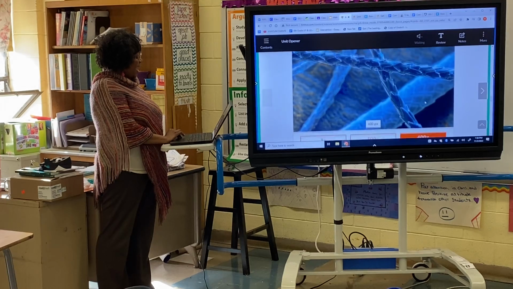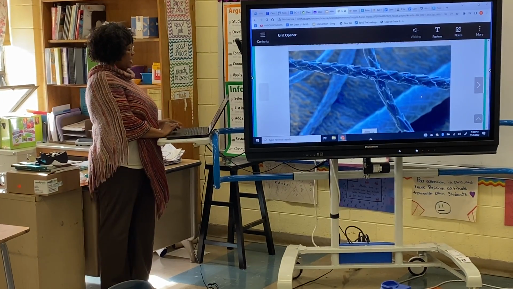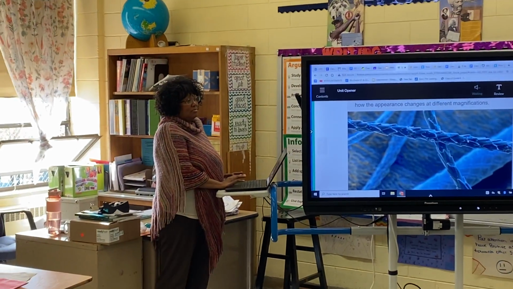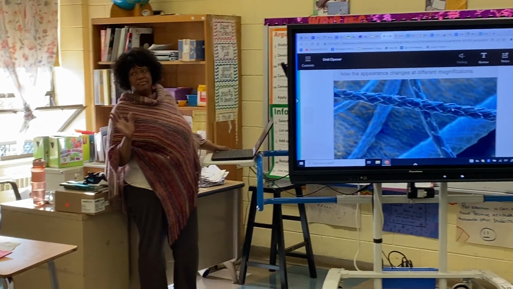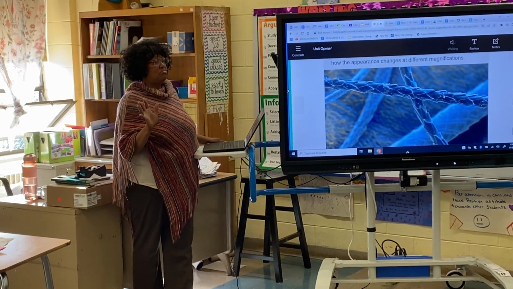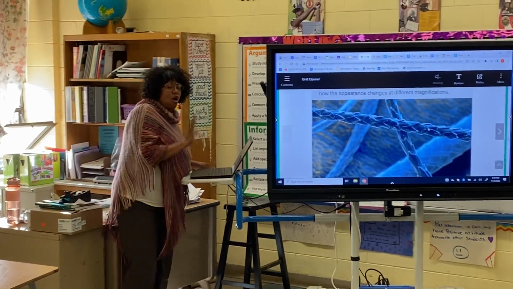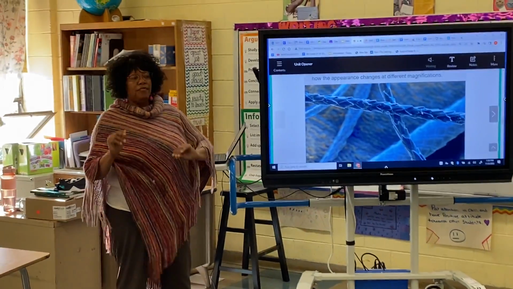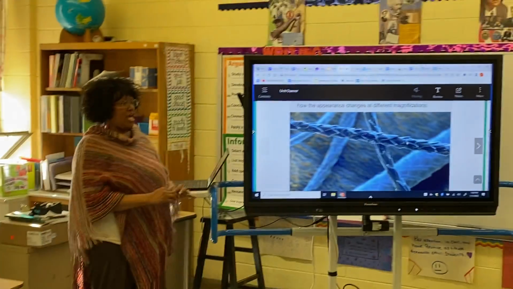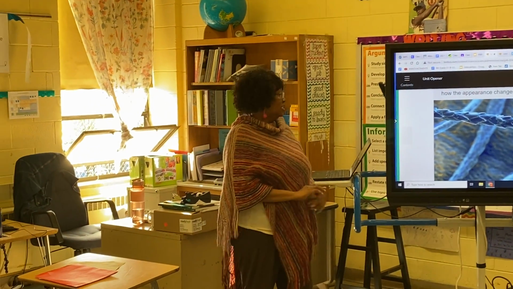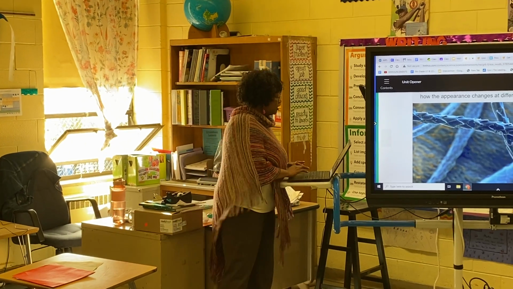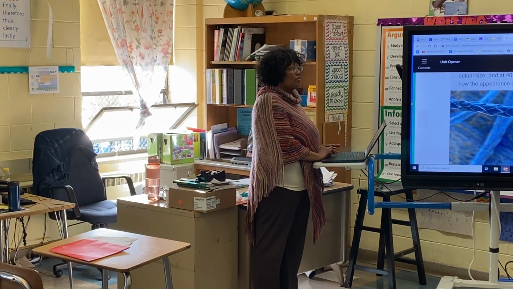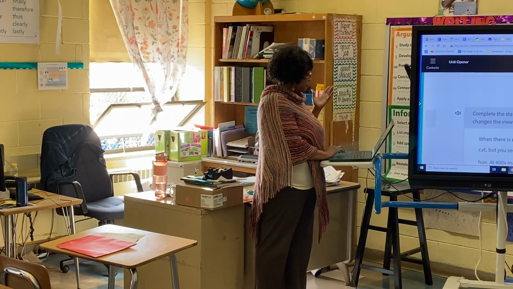Now, a lot of you guys may have a cat. This right here is a microscopic view of what's on the cat hair. How many of you have cats? How many of you have a dog? All I'm saying is a lot of people may say, oh, my dog is clean. I know your dog is clean, but be mindful of the microorganisms that are on their hair. So this right here, they zoomed in and they're looking at what's on the hair. Okay, we're going to finish this section up in about a minute.